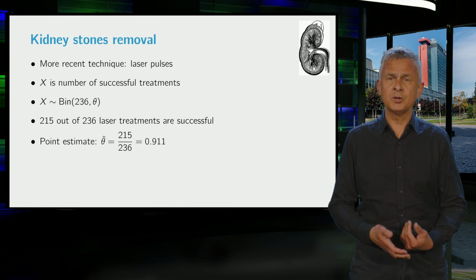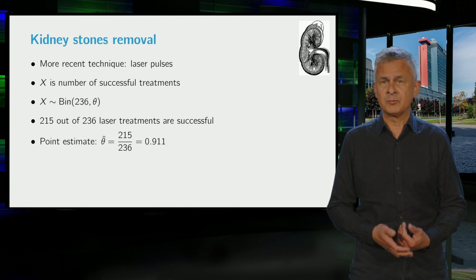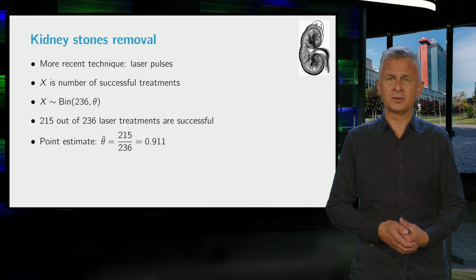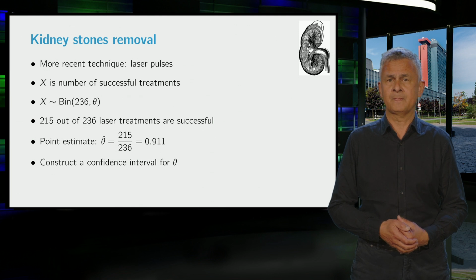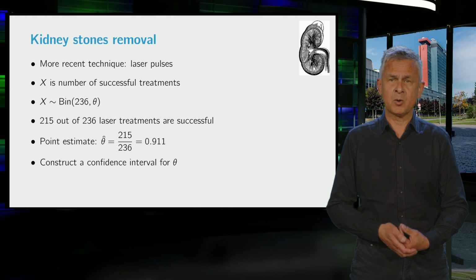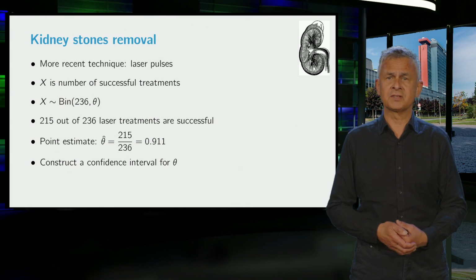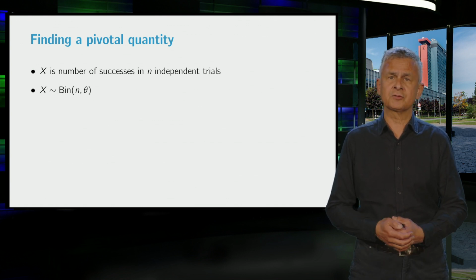Now, what can we tell a new kidney patient about the probability that the laser treatment will be successful? For example, if we repeat the treatment for another 236 patients, then we will likely find a different number of successes and therefore a different estimate for theta. Now, to account for this kind of uncertainty, instead of giving a point estimate, we set up a confidence interval for theta. Now let us move away from the example for a moment and explain the construction for the general